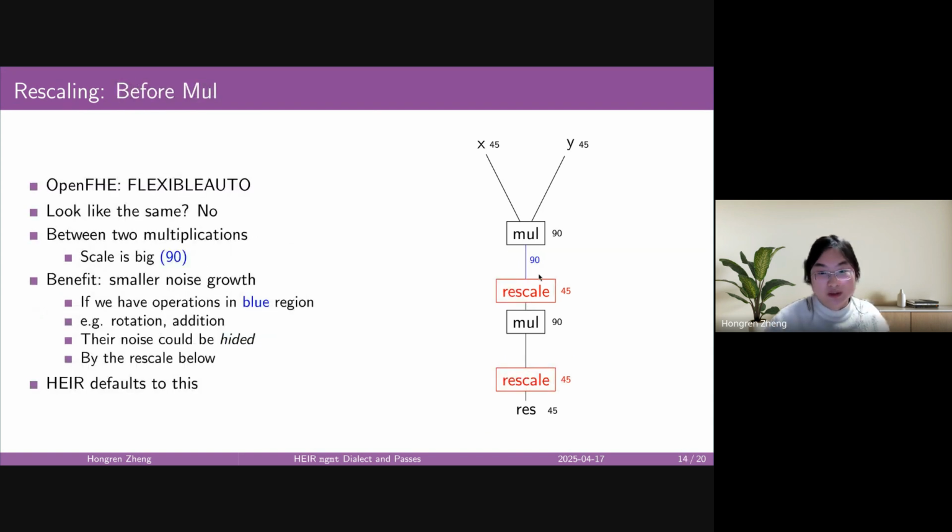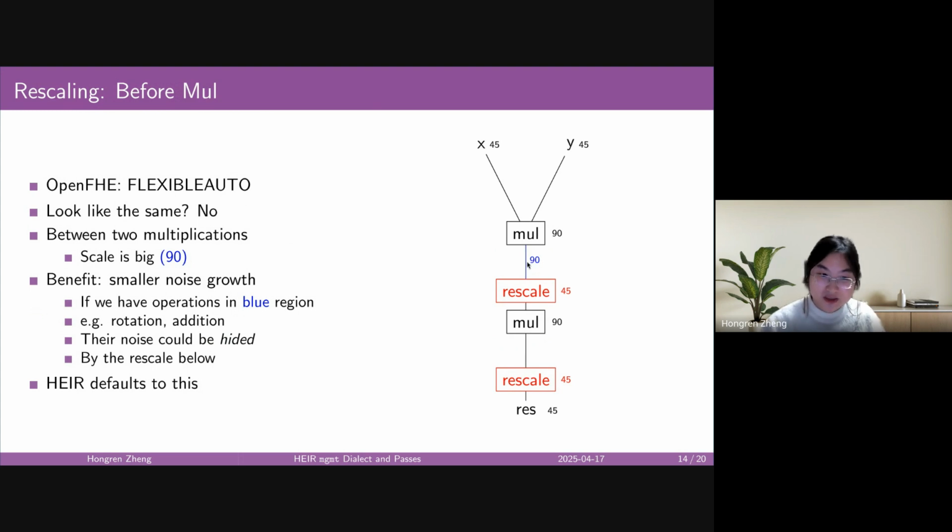In this style, we have the rescaling placed before the multiplication. If you have used OpenFHE, you know that there is a mode called flexible auto. This is the same way that flexible auto does.